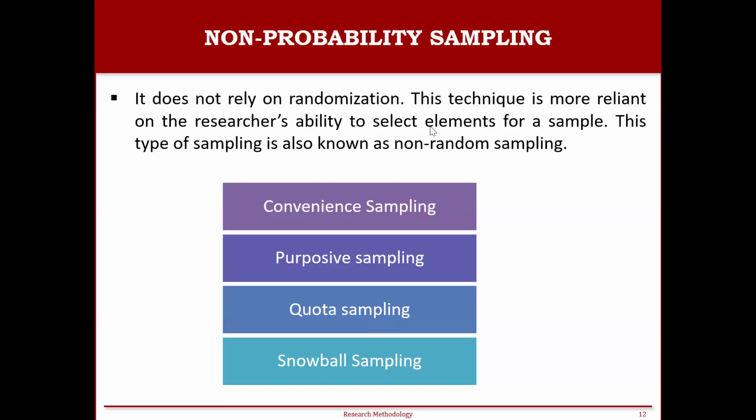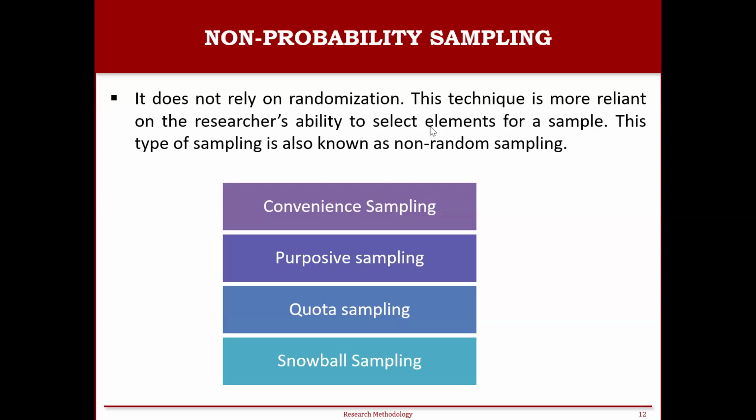Right? For example, the researchers might survey the people who are very close to them, or who are ready to be available anytime, right? Who are convenient for the researchers. So that is what we mean by convenience sampling. It is a really fast method. No need to worry about time, and no need to spend more money, right? No need to put more effort into selecting a sample.